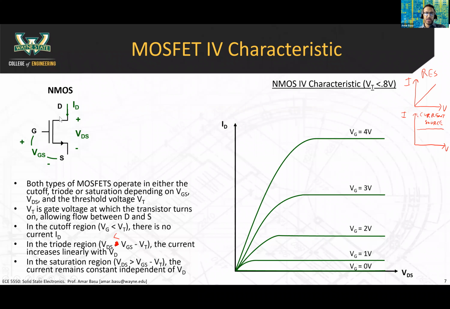Now, the intuition, the way you can think about that, is the more gate voltage you apply, the more you're turning on the switch. This is where the analogy between a mechanical switch kind of breaks down. The mechanical switch is either on and it's a short circuit, conducting current very nicely between the two poles, or the switch is completely off and it's conducting 0. In a transistor, it's not quite like that. In a transistor, you can actually control how much current you allow to flow between the drain and the